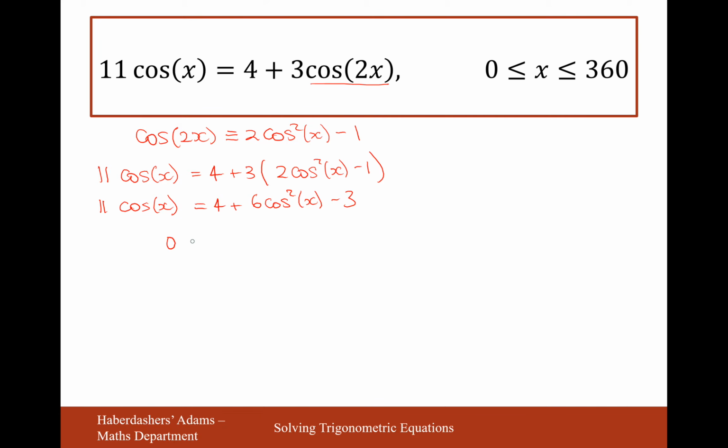So when I move everything onto the left hand side, I'm going to get 6 cos squared x minus 11 cos x and then plus 1. Okay, so the next thing I'm going to do is I'm going to factorize it, and it could be a 6 cos x and a cos x, or it could be a 3 cos x and a 2 cos. I'm not sure what this is going to be. I'm not sure that this is factorizable, so I'll have to go to the quadratic polynomial solver, and